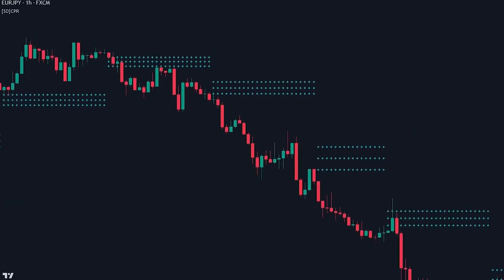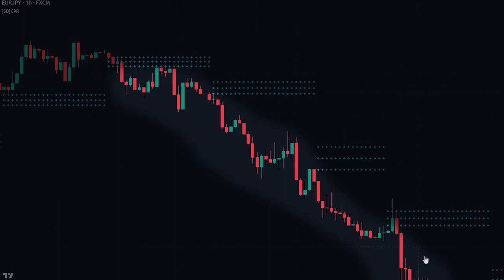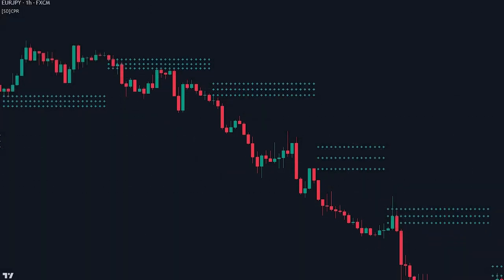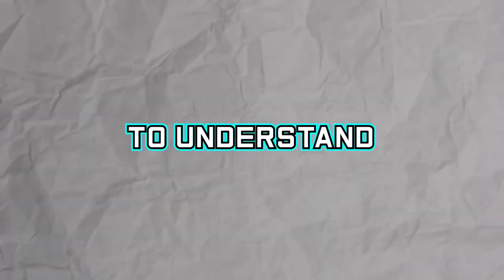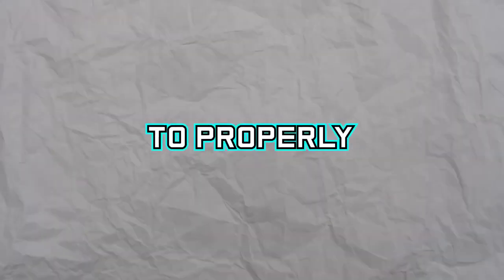Whenever the price is trading below the CPR, it signals that the market is currently bearish. Another way of confirming this is if the CPR is lower than the previous day, confirming that we are indeed in a downtrend. Another important aspect of the CPR is its width. It's important to understand the meaning of its width, to properly utilize and integrate the indicator into the strategy we'll